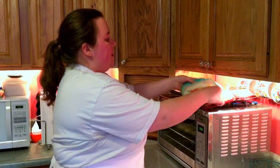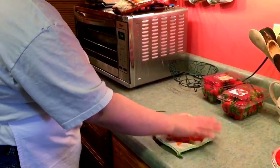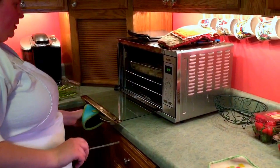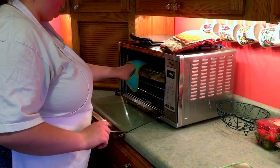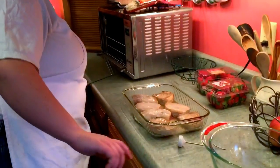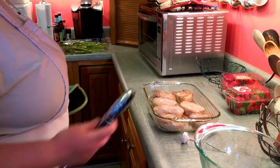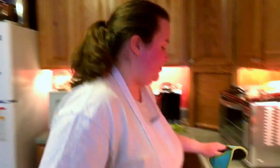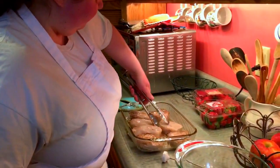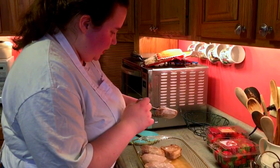Okay, so we're going to check the temperature of our pork. I have funny little oven mitts. So first I'm going to pull out just a cushion so I can rest the pork down. All right. Then I moved my stuff. So, tongs, pork, pierce,